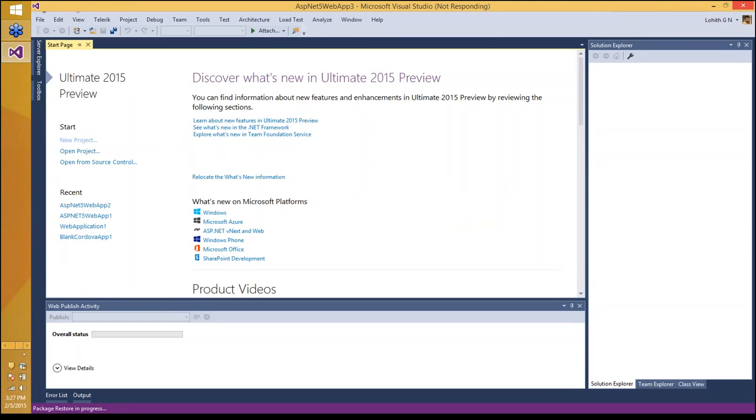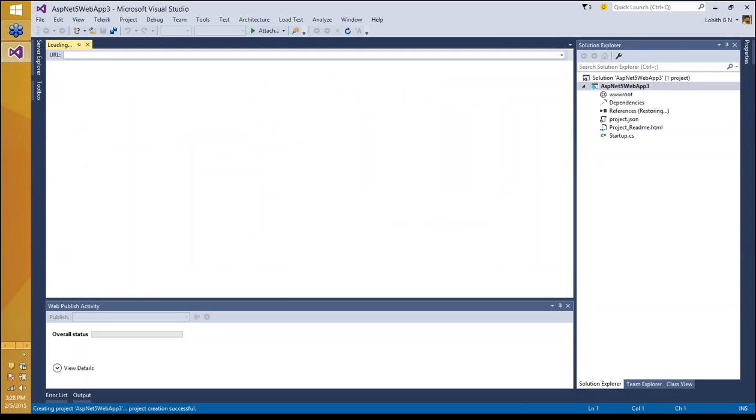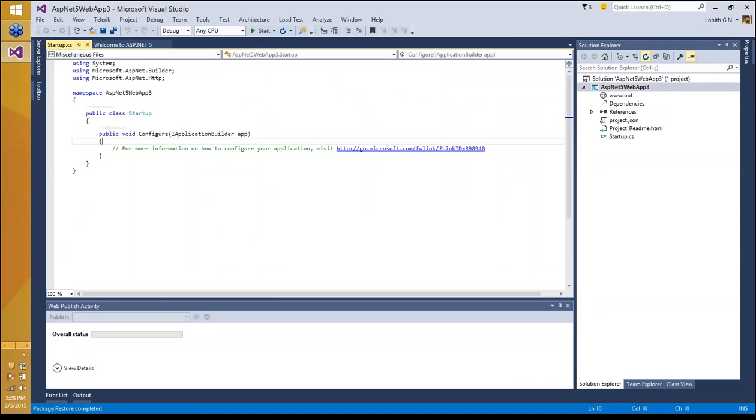There's a question about whether ASP.NET version 5 will be available for VS 2013. At this moment, I have not heard anything from Microsoft saying whether they will make it available for 2013. Basically, it's all about tooling. ASP.NET 5 is completely NuGet package based, so there's nothing stopping you from going and referring that package. But this is now running under the new .NET runtime, so the tooling in Visual Studio 2013 has to be ready. I'm pretty sure once 2015 is mainstream,